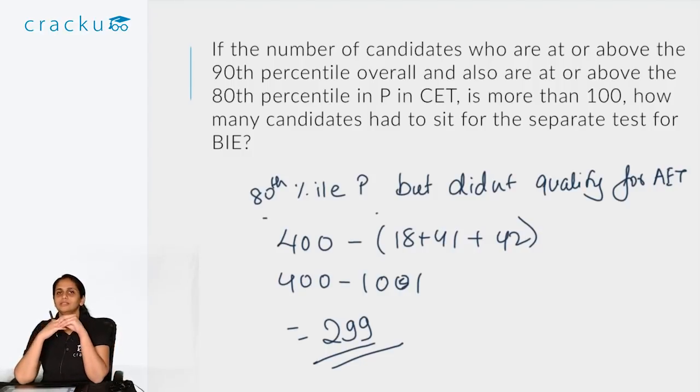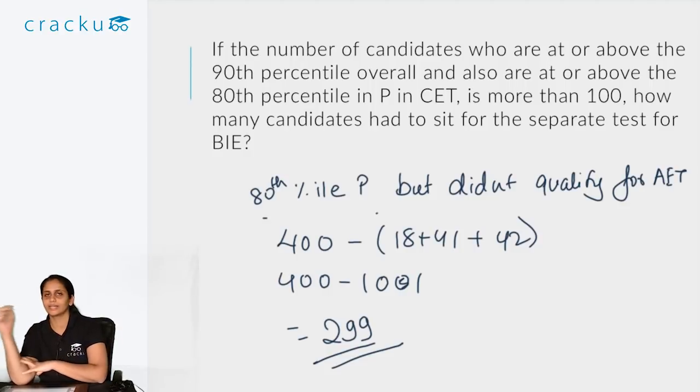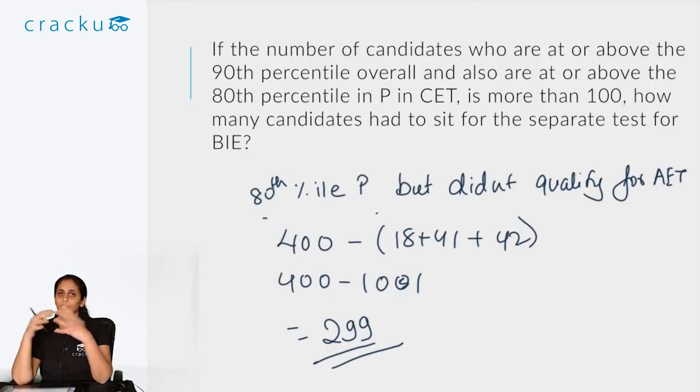So as you could see, this was a slightly tougher question on Venn diagrams. Generally in Venn diagrams, after you solve the LR set, you end up with one Venn diagram. In this case, you ended up with two Venn diagrams, and depending on the question, a different Venn diagram was applicable. So always make sure that in this case, what you should have done is, once you realize that you can't completely fill the set from the given conditions, go and see